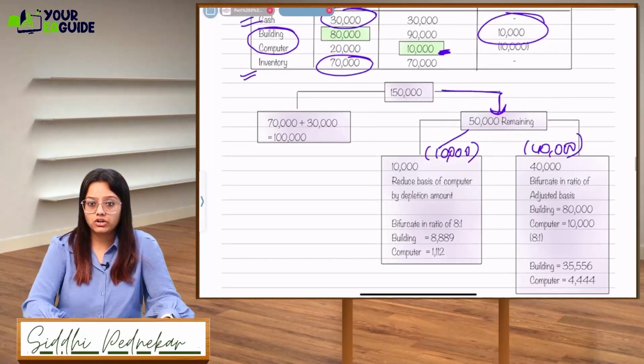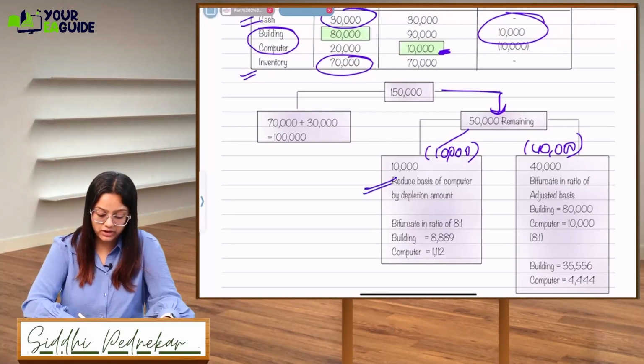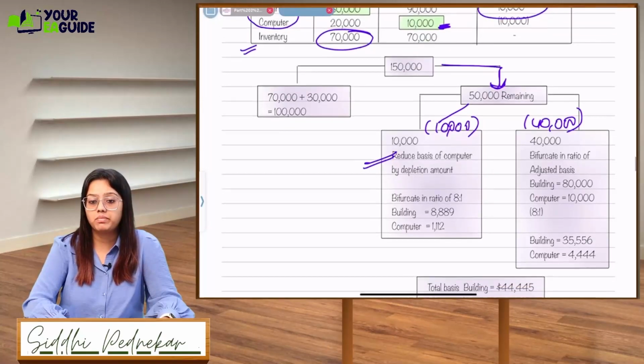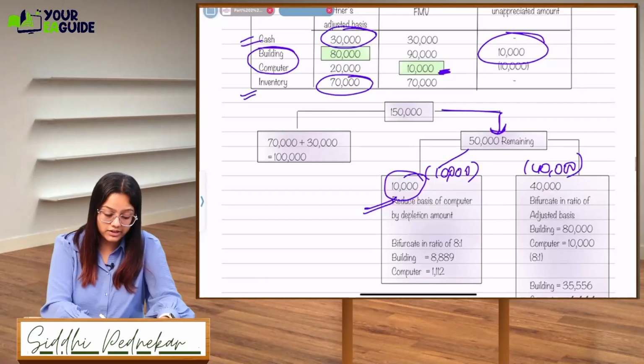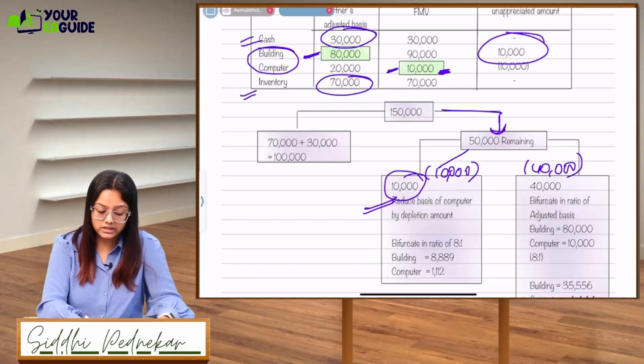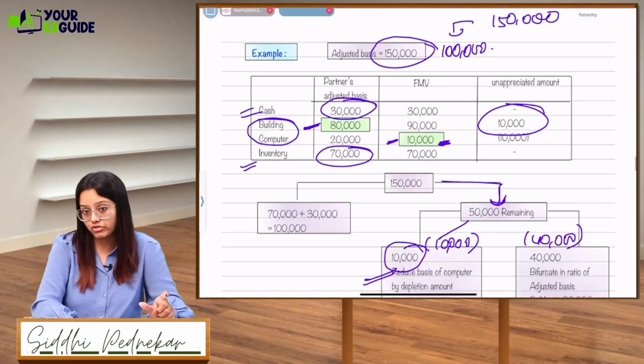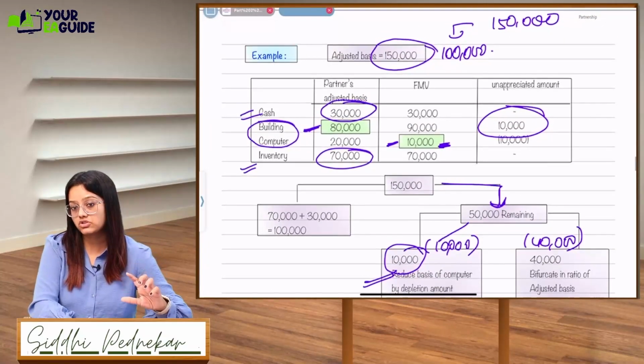Okay, so here you can see 10,000 will be allocated on a regular basis to the computer by depletion amount. The bifurcation: this 10,000 will be bifurcated in the ratio of 80,000 and 10,000. Okay, 80,000 and 10,000, this is the way, and you have to remember this in the exam also. Please draw this chart and